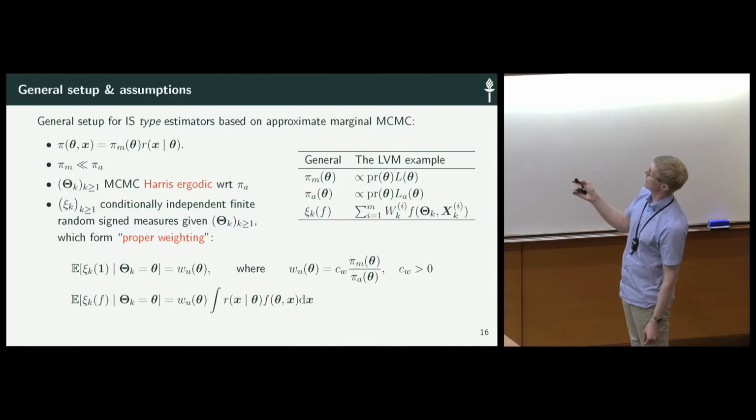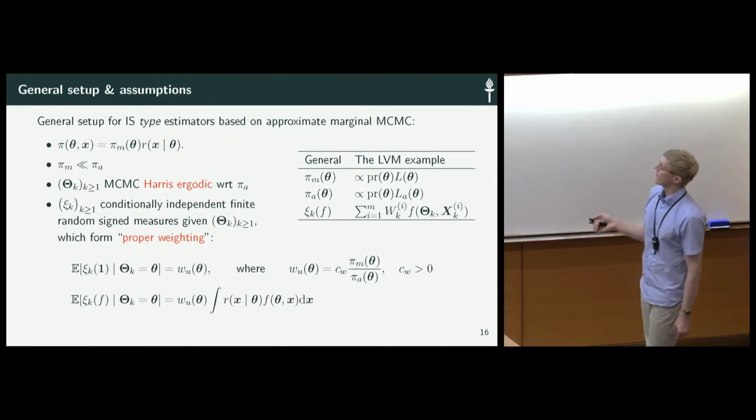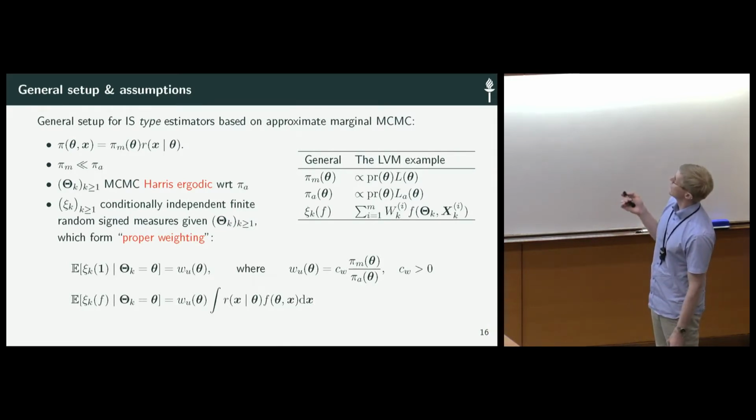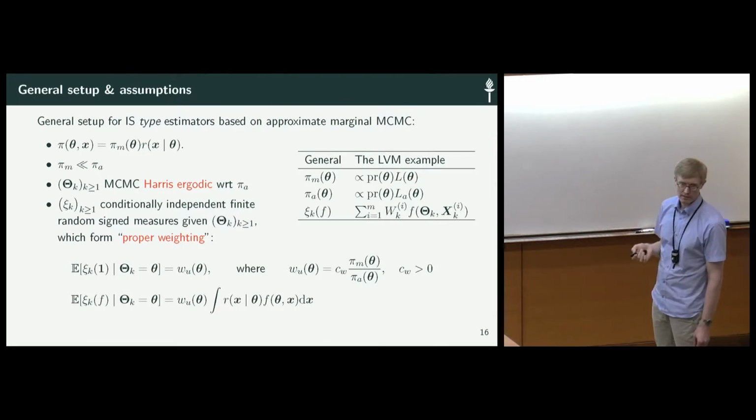So psi k of f just means a weighted sum where f is plugged in there, right? And then what you require is that psi k of 1, so you replace f by 1 and drop that part. The sum's expected value is basically an importance sampling weight